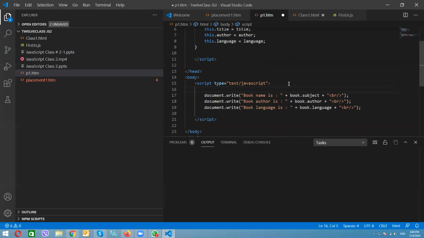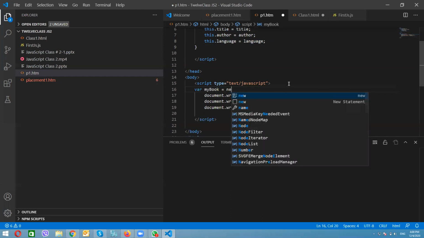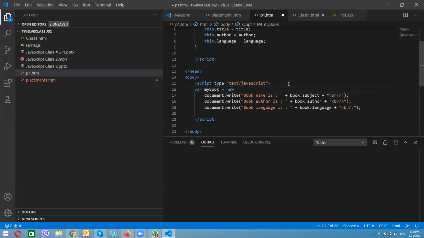In the body function, we are creating one variable with the name myBook. In this myBook, we are creating one method on it. What is the method? We are creating one method with the name newBook, and in this newBook we will pass some values.